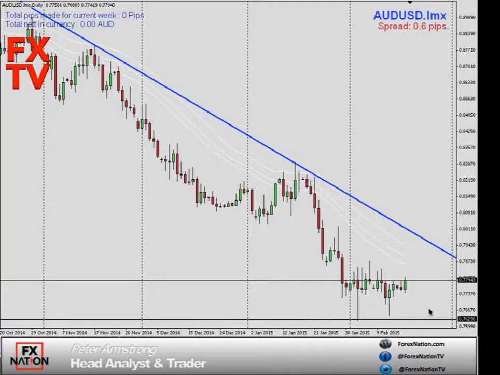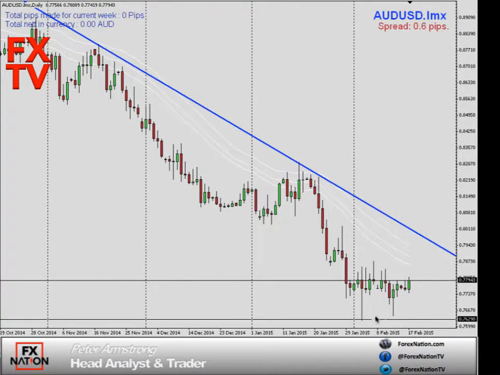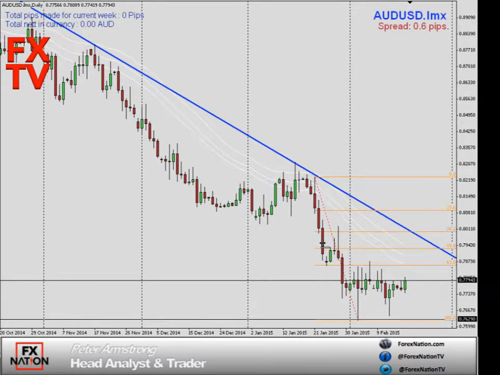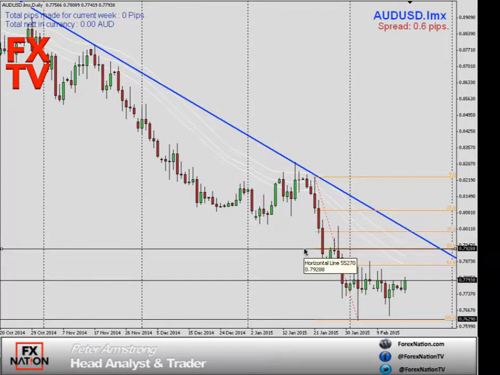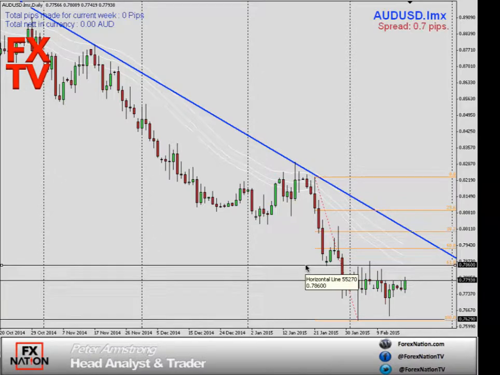The Australian dollar, as I mentioned, we've got support. We still have this double bottom forming, and we could see the Australian dollar now move up and test the historical downtrend line over here at 79 cents. So keep an eye on that. If I pull a fib from the low to some highs, we might be able to see that we've got 80 cents, we've got 79 cents, and we've got 78.5 cents.